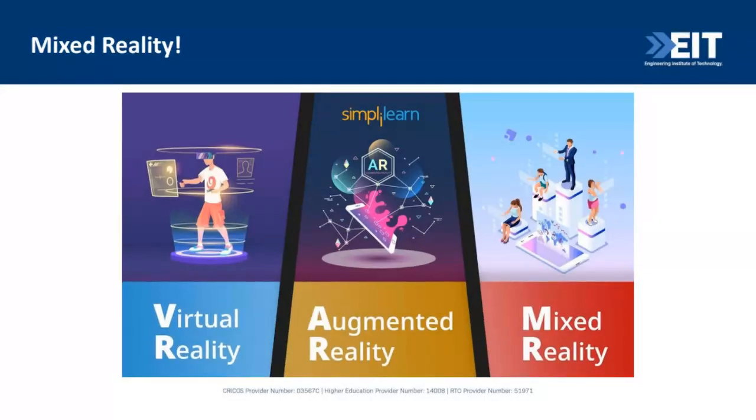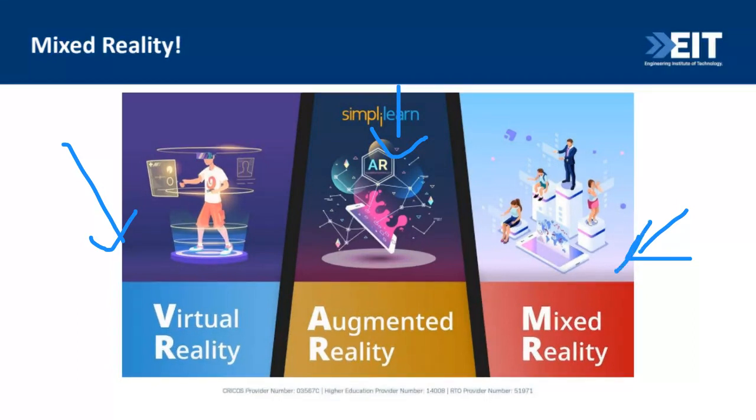So again, if you look at virtual reality, what we have discussed so far is that it's putting you in a virtual environment. Augmented reality is basically putting a digital overlay on top of a physical world. Mixed reality is a blend of physical and digital worlds. It consists of an immersive computer-generated environment, but more importantly, both physical and virtual environments are interacting here.